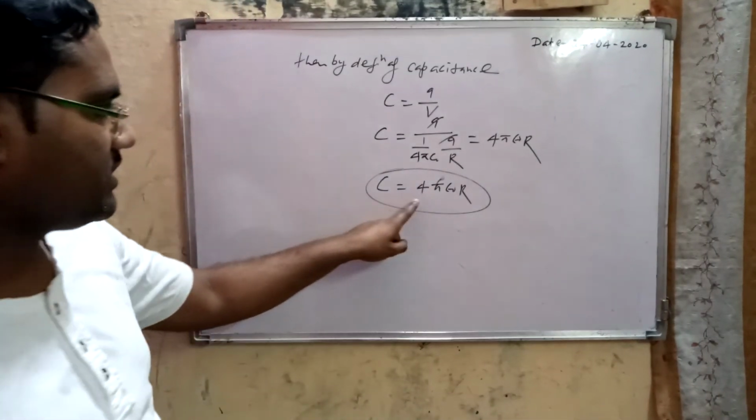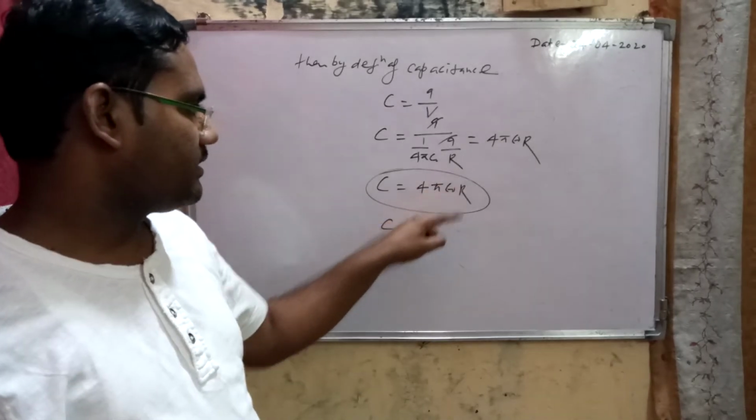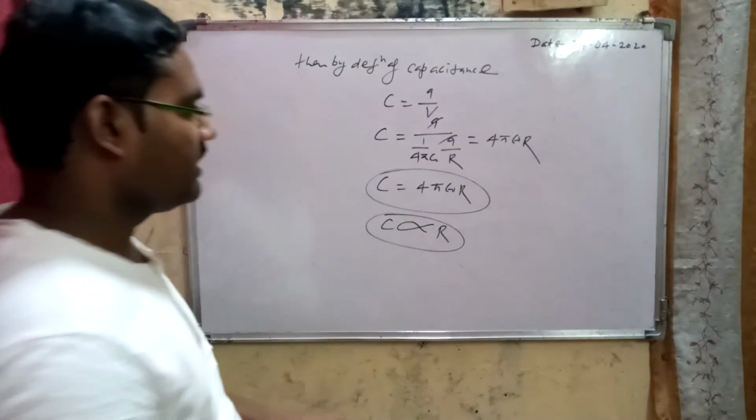Here from the expression it is clear that the capacitance of an isolated charged sphere is directly proportional to its radius. That means